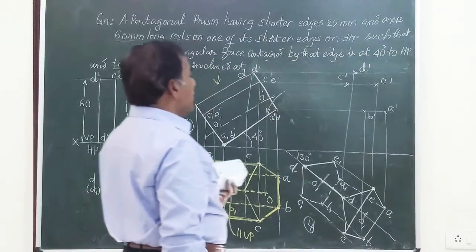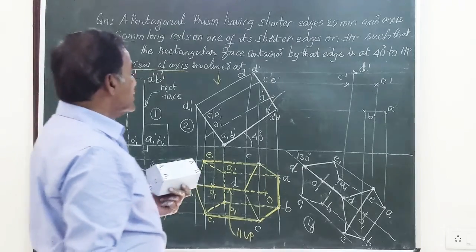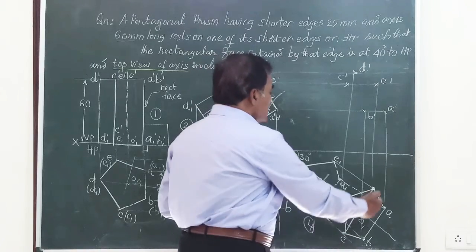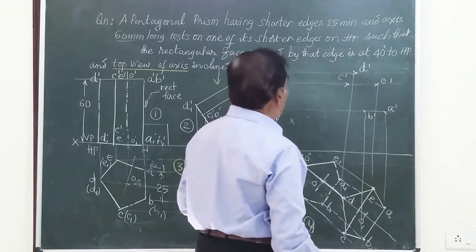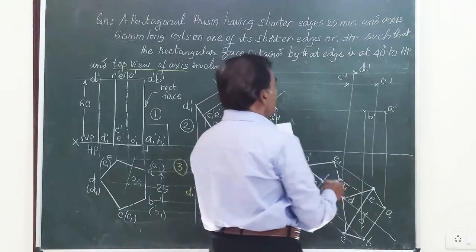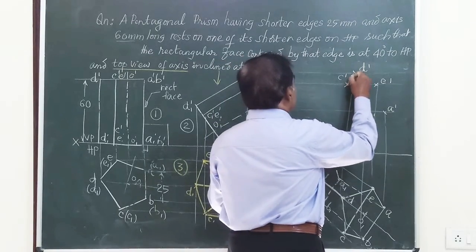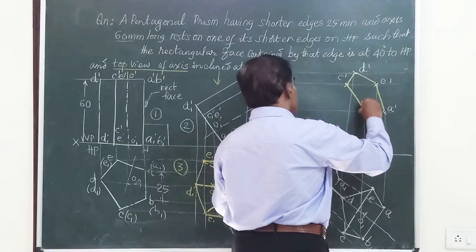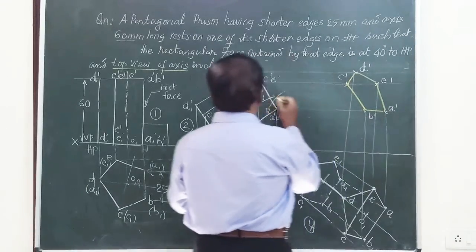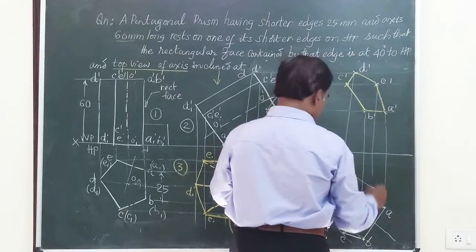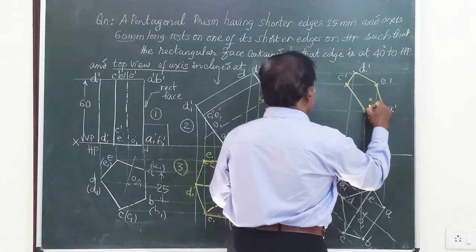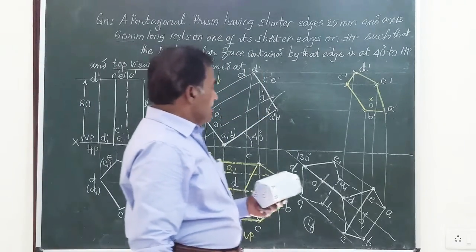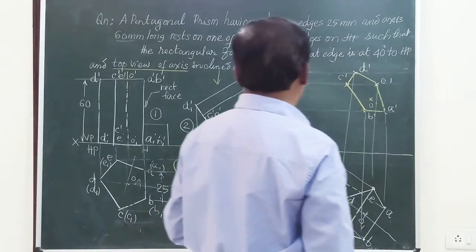Friends, we have got all the 5 corners of the top face, namely A dash, B dash, C dash, D dash and E dash, and this is completely visible to the observer, and hence I am going to show all these 5 corners joined by thick line. Friends, you can see this, and here the axis is here. I just mark here axis O, it will come somewhere here. So let us say this as O dash. Friends, we have got the final front view for the top face.